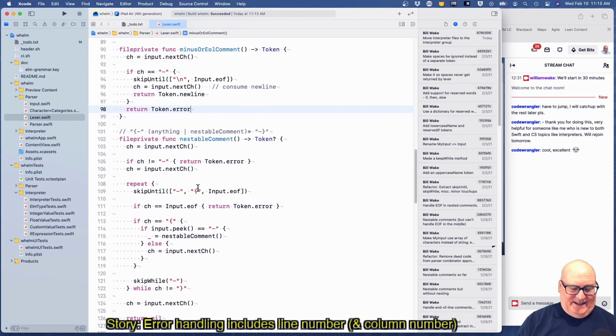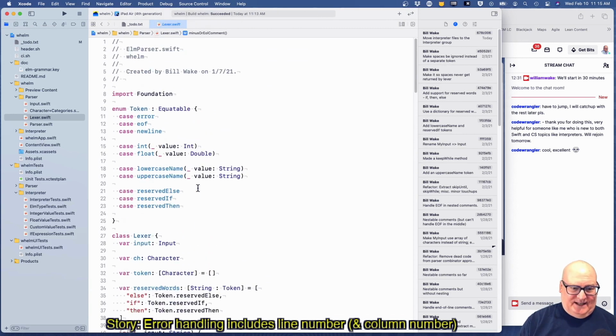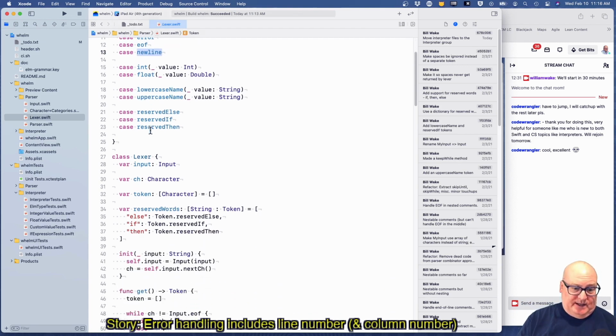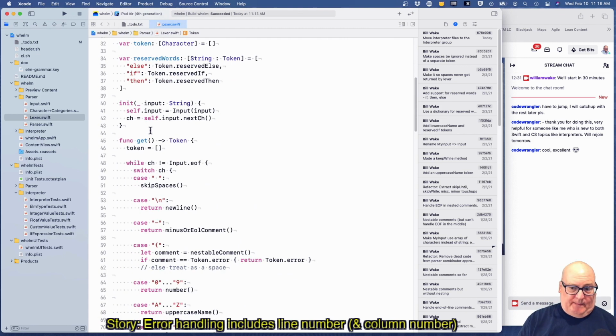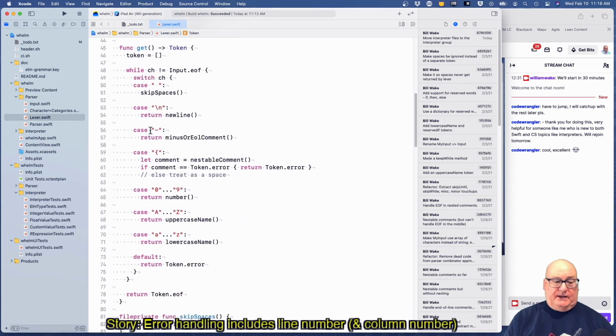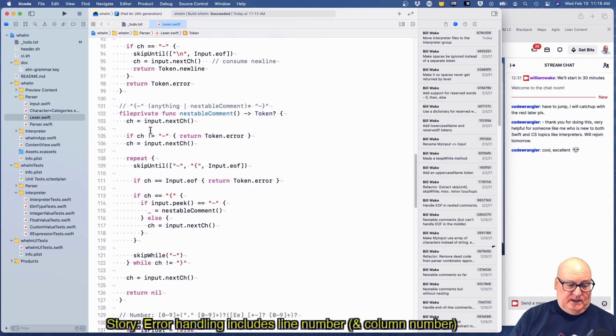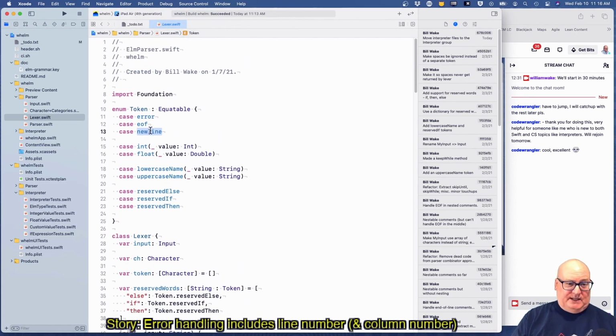But the fact is, we should be telling you error at line 3. Okay. I'm not 100% sure where we want to track this, but I would like to have a location, at least for the errors. We know we need them for that. We need to deal with new lines. When we see a new line, we should be increasing the line number. So that much we know. And the question, I guess, is where the line number is going to be maintained. Right now,